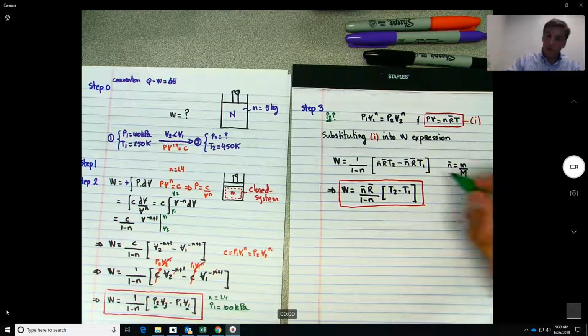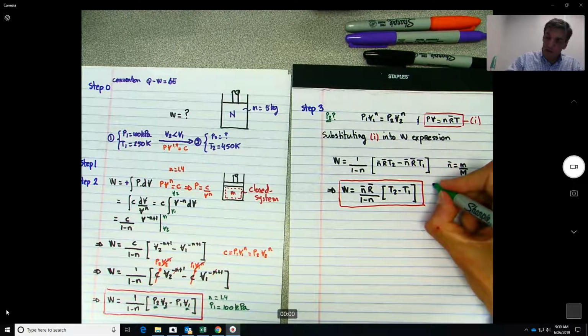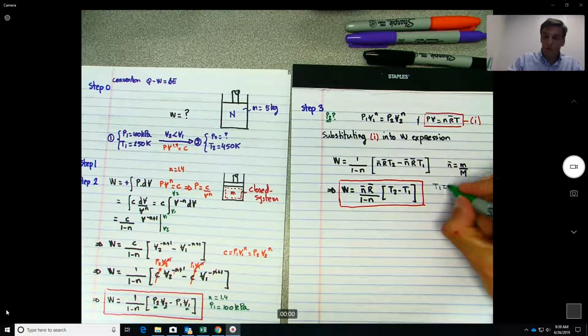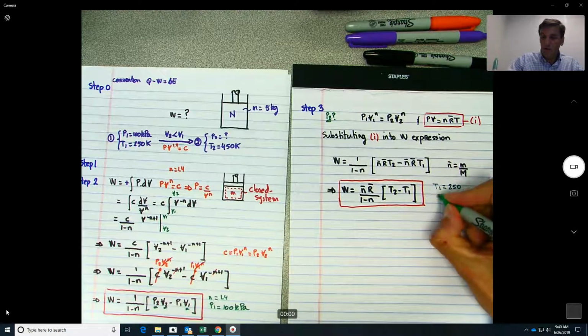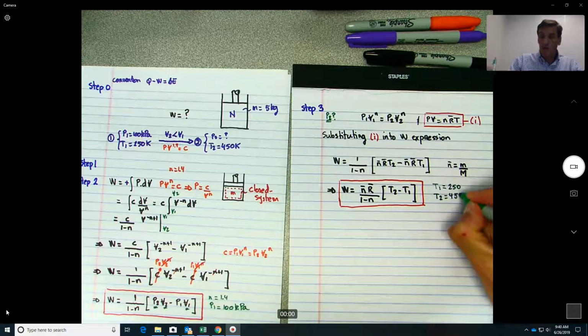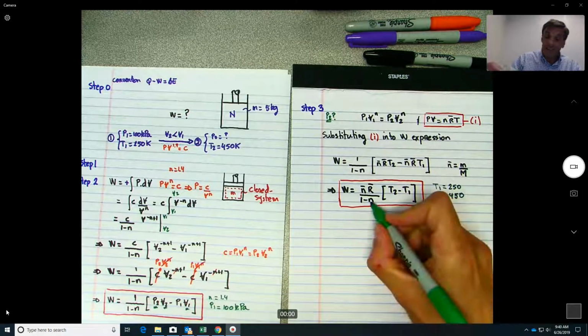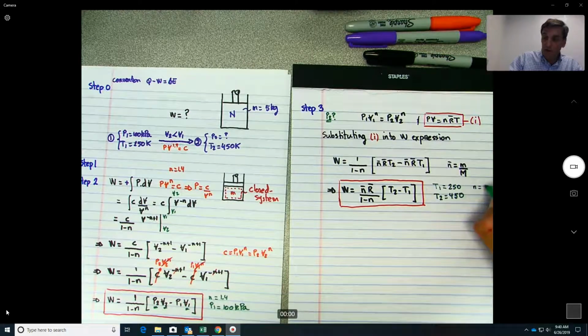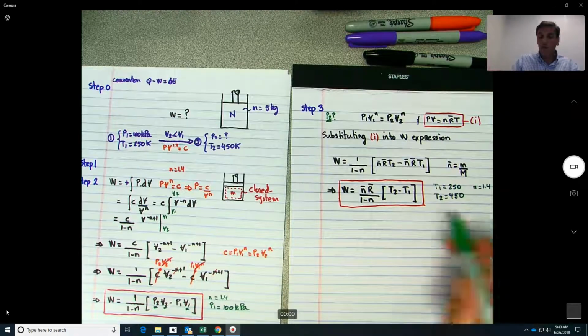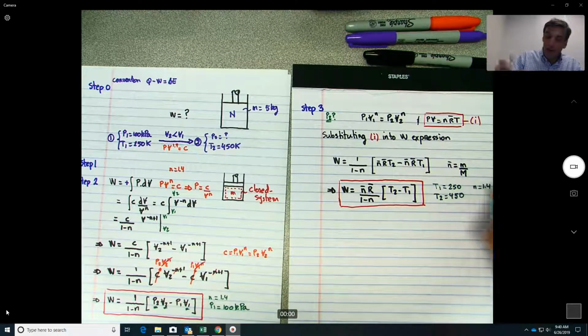Where over here we know that T1 is 250, T2 is 450. This n over here, the gas constant, is 1.4, and now the R bar,